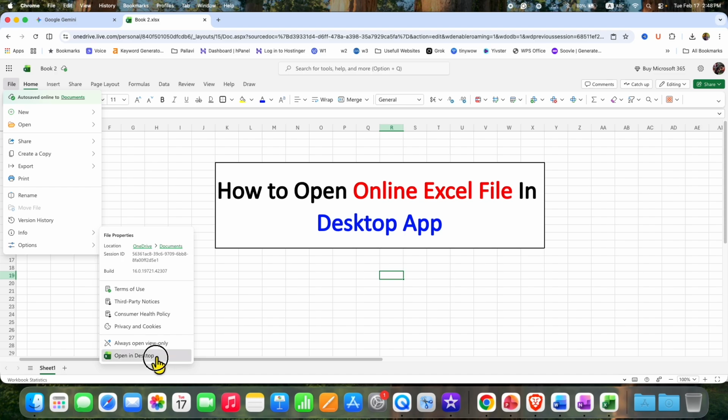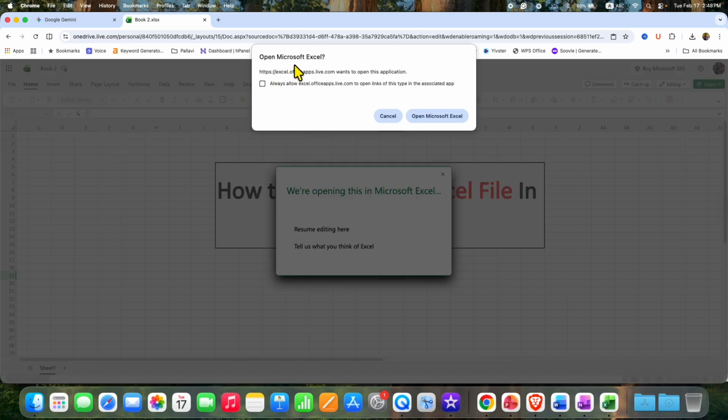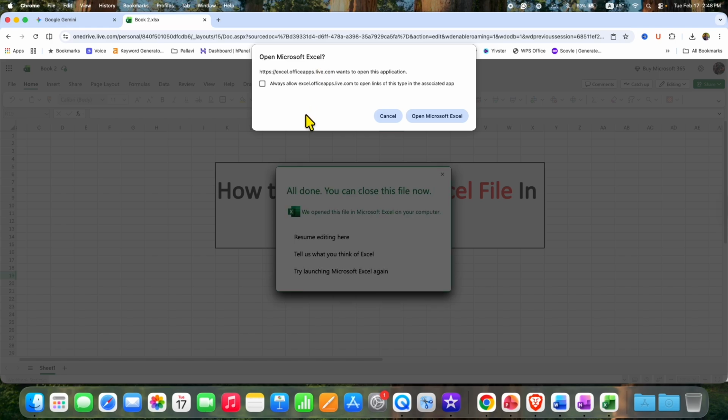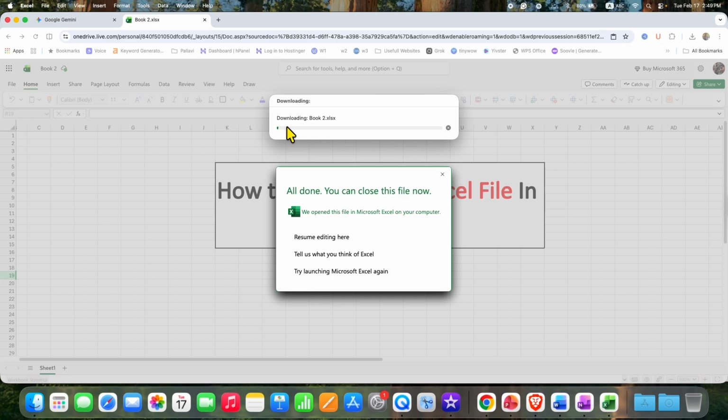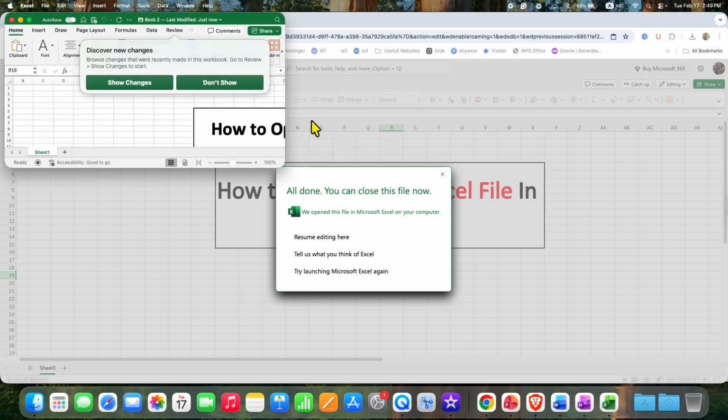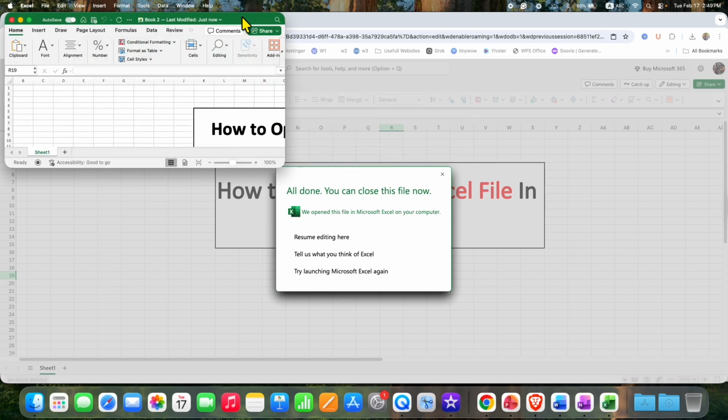So when you click on this option, a notification will appear on your web browser. You just have to click on Open Microsoft Excel. Note that this window will appear until you are working in the desktop app. After clicking on Open Microsoft Excel, you will see this downloading workbook and the file will open in the desktop